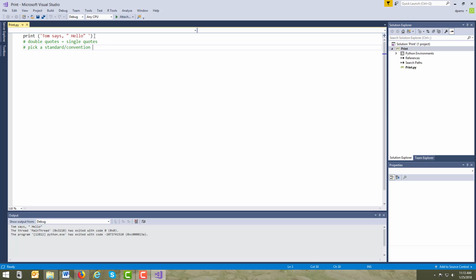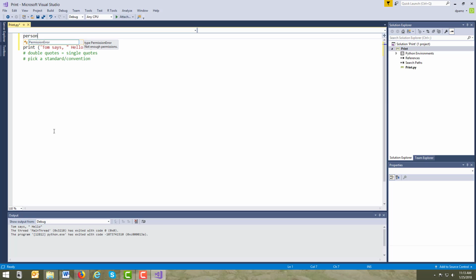So, with that being said, now let's talk a little bit about strings. Most of you know what strings are. It's just a string of characters, but we can do other things with them. So, in other words, let's try to think about strings as, say, a variable. In this one it says Tom says hello, but let's say we want to be able to put anybody in there. So in other words, we could say